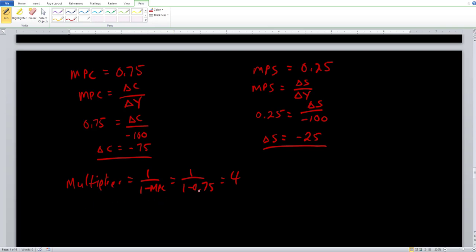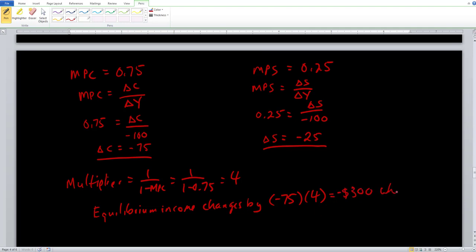So what's the next and final step? We notice that consumption is affected by the multiplier, so therefore, equilibrium income changes by the spending change. The spending change is going to be the change in C right here, so minus 75, multiplied by our spending multiplier, which is 4 in this instance. So here, our equilibrium or aggregate income is going to drop by $300. So minus $300 when taxes increase